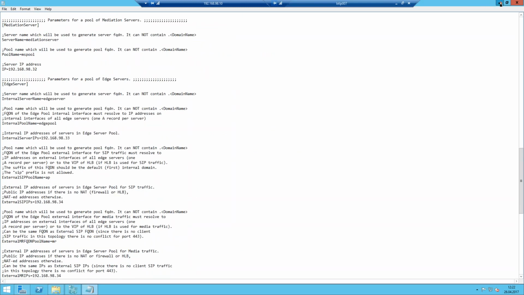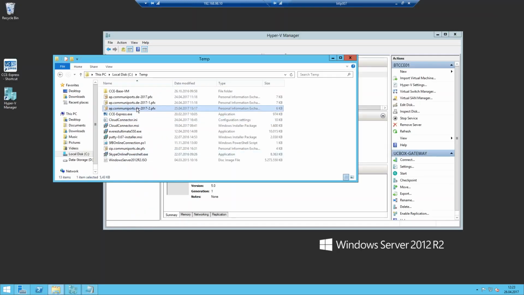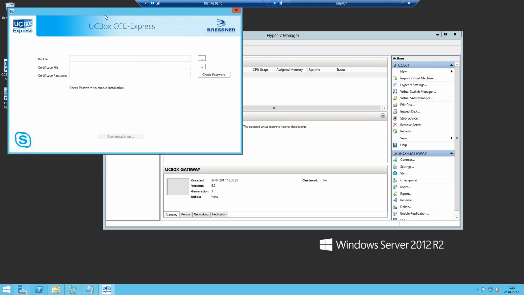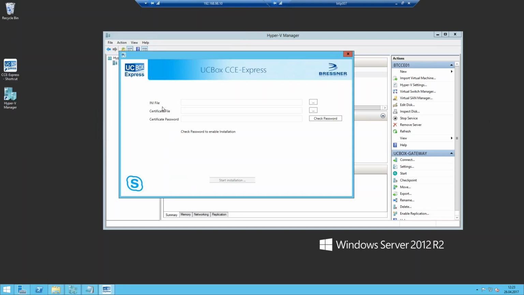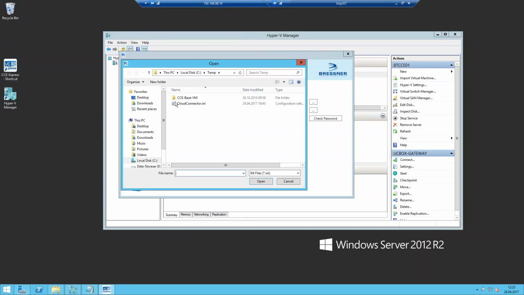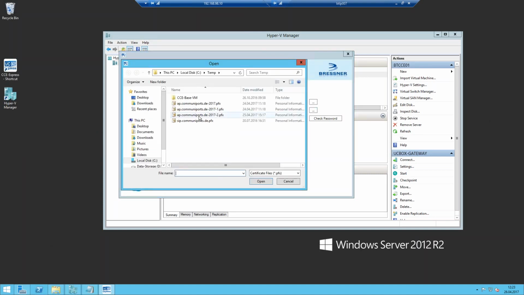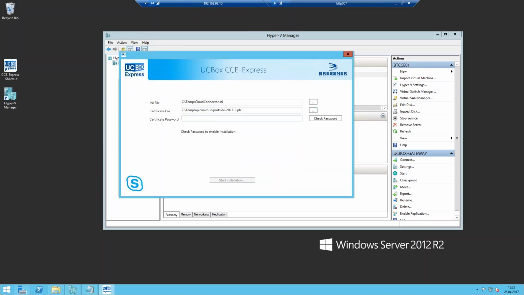Okay. The next thing you need for installation is your public certificate. You usually need a password for the installation. So that's so far the pre-installation steps for Cloud Connector edition for UC Box Express. And now you can see if you run our installer, it is asking you about the Cloud Connector INI file, okay? And it is asking you about the certificate, yeah? And as well the password for the